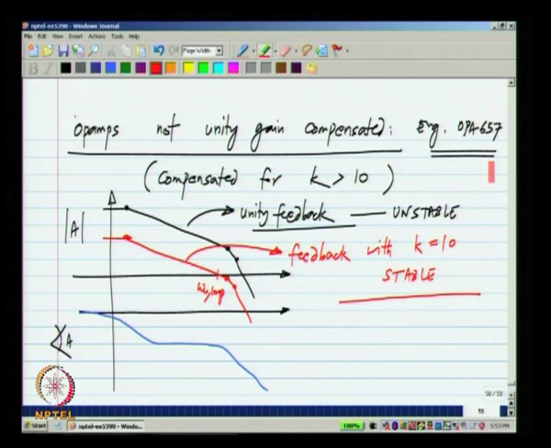So, if you look at the data sheet of this particular op amp, I think it says that it is compensated for gains greater than 25, and it also shows you the response of the op amp when you make an amplifier of gain equals to 25 and so on. Now, by comparing the Bode plot of this with some other op amp that is unity gain compensated, you will be able to understand all these things.